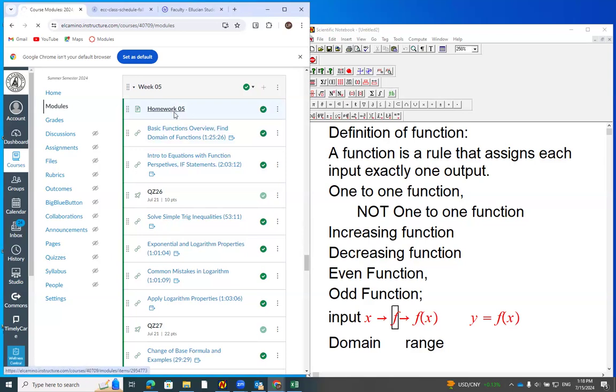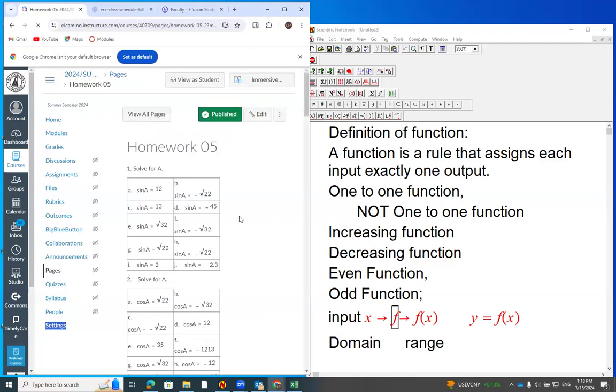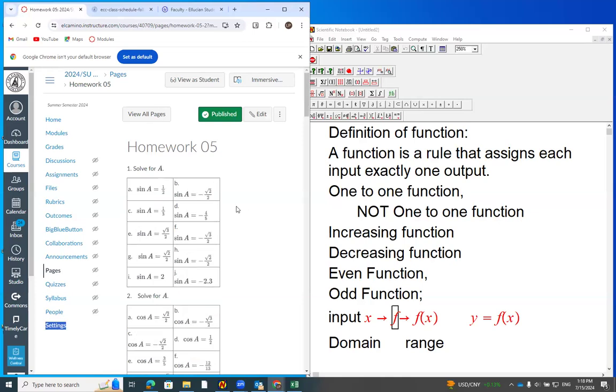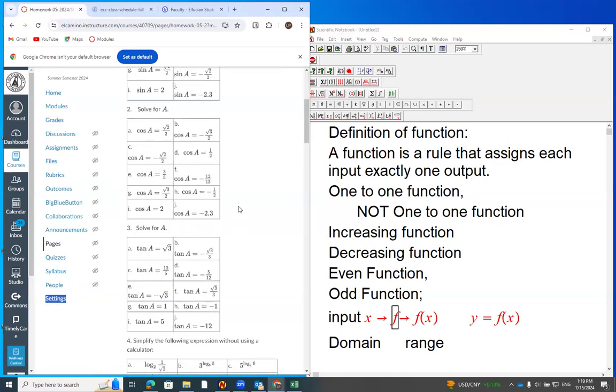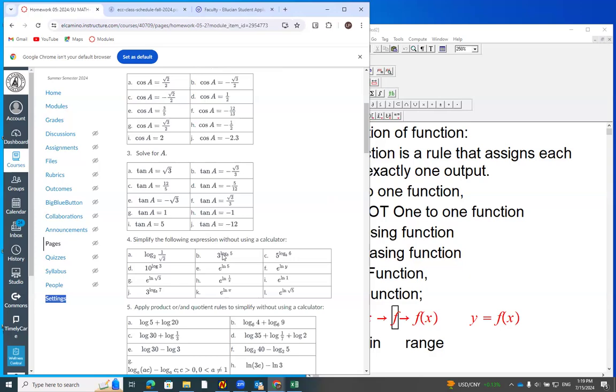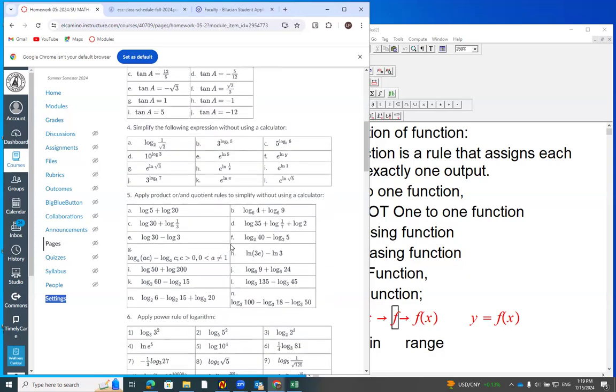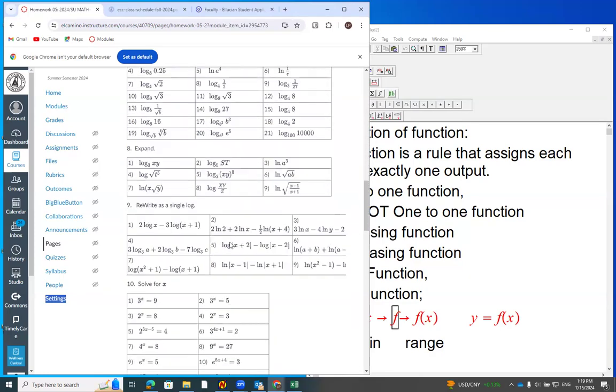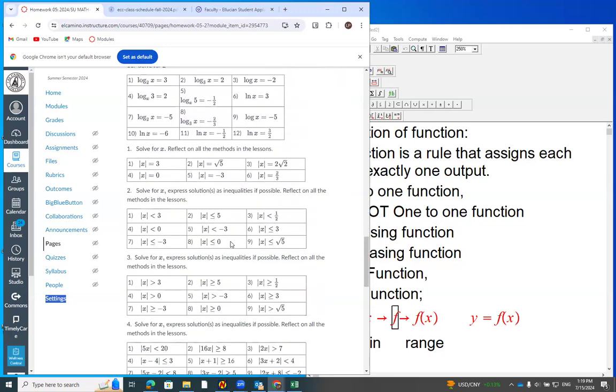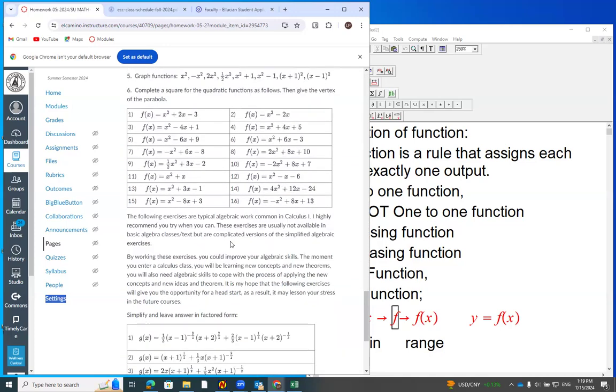For example, if you look at the homework of week number 5, I'm going to open it. You see equations, and you see a lot of different kinds of functions we have studied earlier, right? And you see a more complex form of